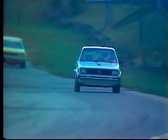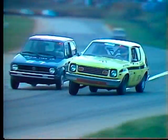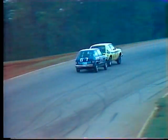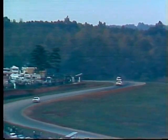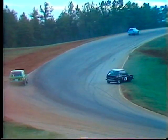A quick glance in the mirror for our second place runner, Alan Salerno. Coming to turn number 1. Behind him, Gunnell, McSpadden, and Greber. There's McSpadden to the inside. Has to lock up the brakes as he got cut off again. That Gremlin has the widest back bumper of any car in the field, and at times it seems to stretch right across the entire racetrack, does it not? Gunnell making life very difficult. McSpadden here. There's number 5. Car number